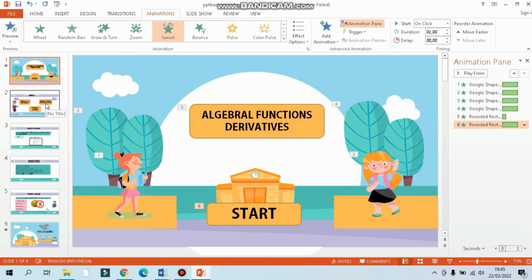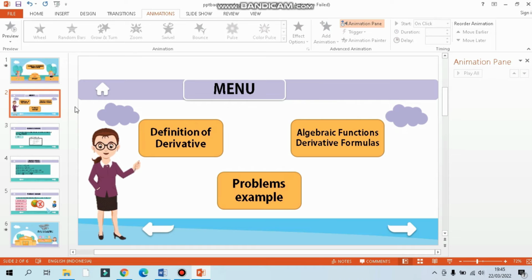Okay, next we go to the next slide. In the next slide, we want to hyperlink the home icon, so that if we click the home icon, the first slide will appear.